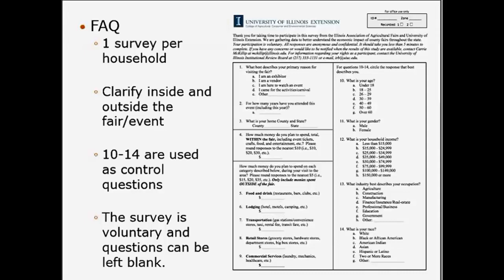And these are questions in the survey world we just call control questions. So that helps us understand a little bit of the demographic profile of people that are attending fairs, and as well we can make inferences that we can say something like those who have an income somewhere between $35,000 and $50,000 on average spend this amount of money at the local fair. So those are the types of reasons we ask those questions. It won't be anything more specific than that.